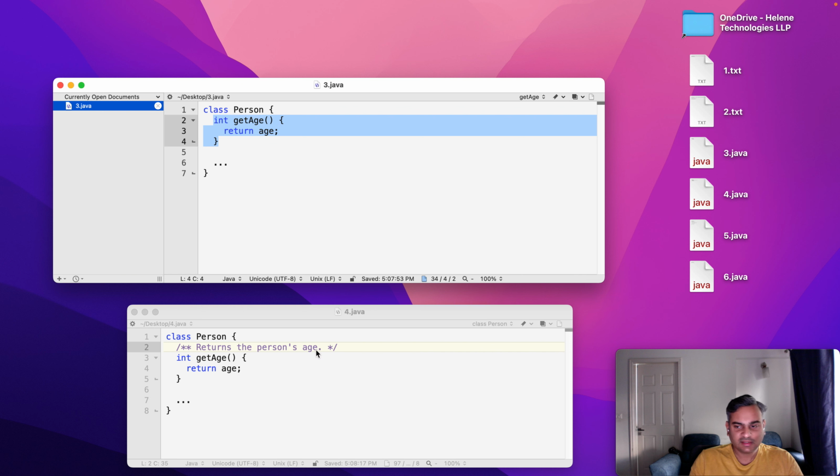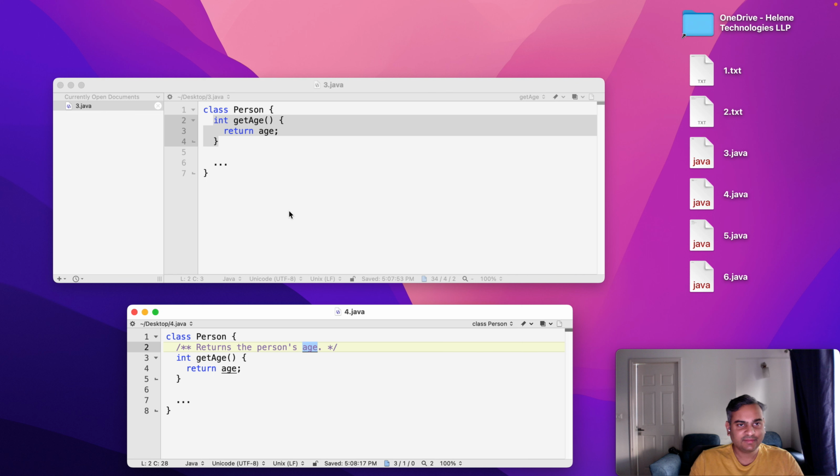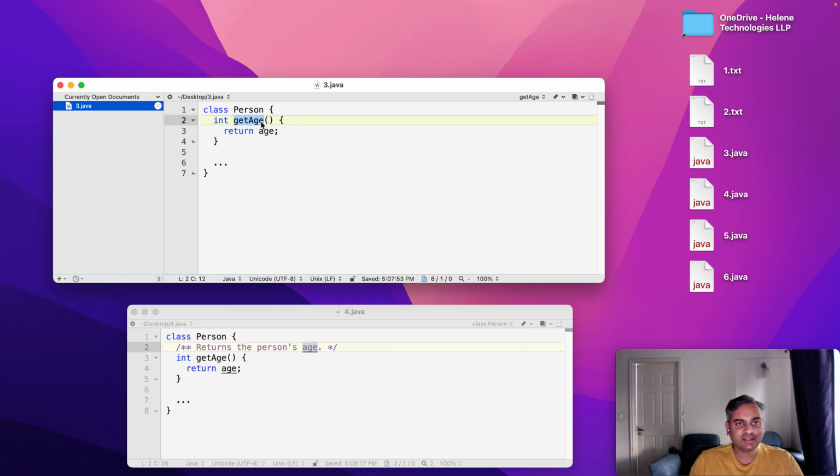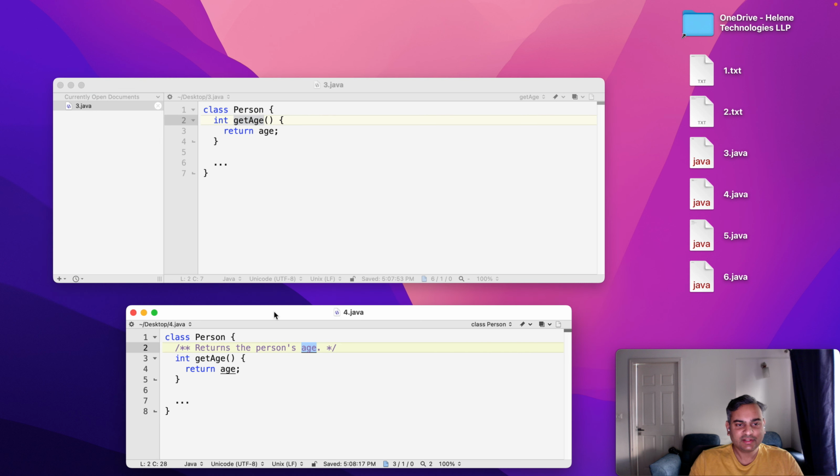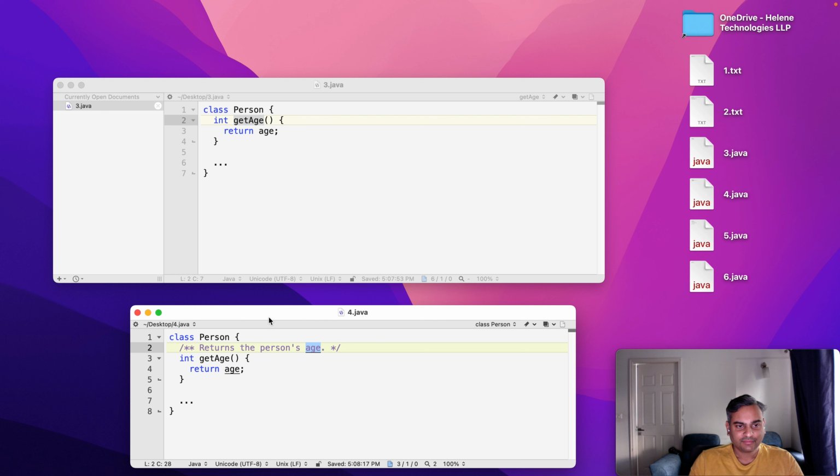So people write this stupid documentation. Does this clarify anything? Of course, it will return the person's age. It will not return the person's name, right? The name of the function itself, getAge, tells you what it returns. This is dumb documentation written by unthinking engineers. And even the smartest people in the world can be dumb. This happens because of a mentality that these are rules, we need to follow them.